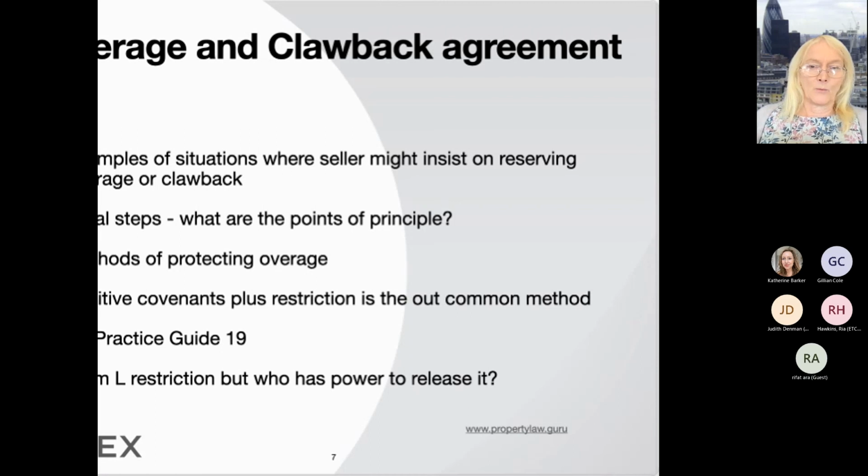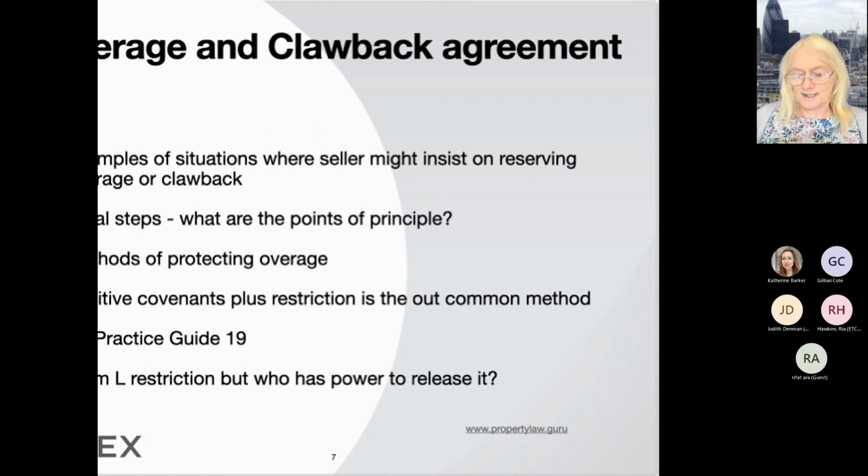Next thing, will the seller or the buyer's mortgagee need consent? The buyer's mortgagee will have to agree that if they repossess the land, if the developer builds it and goes bust, or before he sells it, and the bank has the land repossessed, then the bank will pay the overage to the seller. And then, is this overage really likely, or is it a very slim possibility? And what happens if the developer is going to sell it off in bits, in tranches, or are they going to sell it all off in one go?